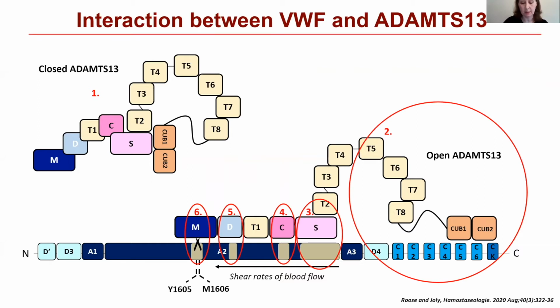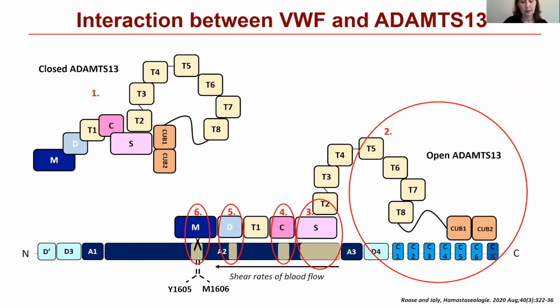In a second step, these domains are thus able to bind to the A2 domain of von Willebrand factor and thus to stabilize the binding of ADAMTS13 to the unfolded von Willebrand factor. In a third step, the metalloprotease domain of ADAMTS13 cleaves one specific bond located within the A2 domain of von